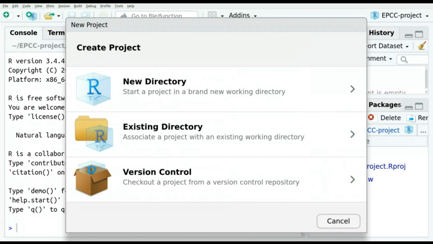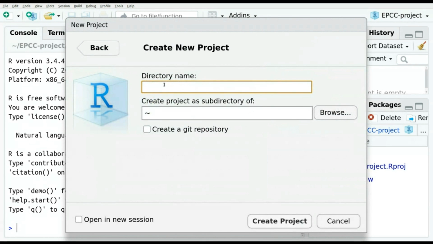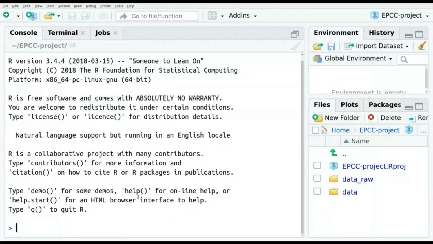If we click here, new project, new directory. Sorry, here. I think if you get something like that, you need to write the name of the project, like my project. Okay, you type the name in the space provided. Maybe it's the subdirectory. If you have problems with that,